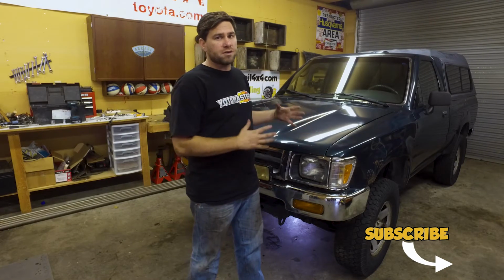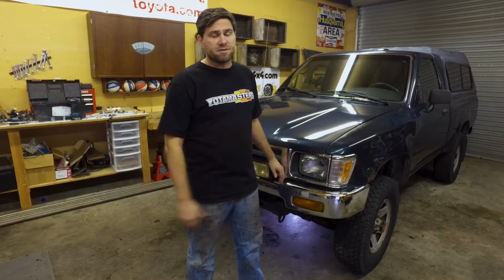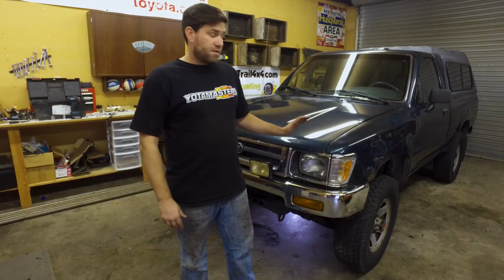Mainly it's just maintenance steps that you're going to do on a normal basis. We just happen to do it all at once for the most part because we don't know what shape the vehicle was in when we purchased it and how the maintenance was done before we received it into our hands. I was very fortunate actually, and it looked like the previous owner took very good care of this vehicle. All the oils that I drained out seem to be in excellent shape,